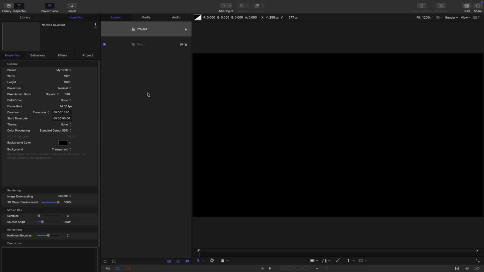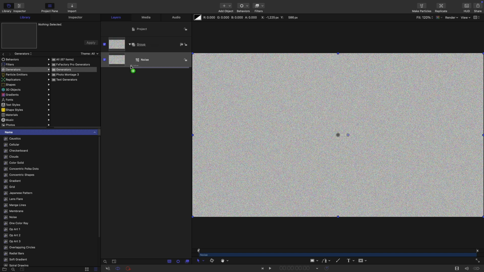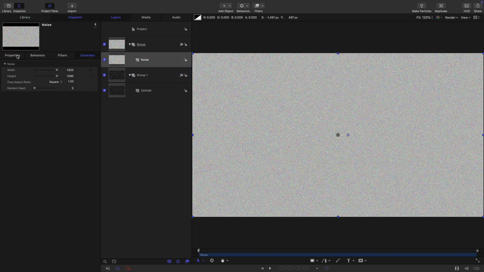Okay, for this project I'm going with 1920 by 1080, 24 frames a second and a duration of 15 seconds. The first thing I want to do is come over to the library and grab noise, drag it into that group there, and while I'm here I also want to add cellular to a group below that. Let's come to the noise, to the inspector, properties, and set the scale to